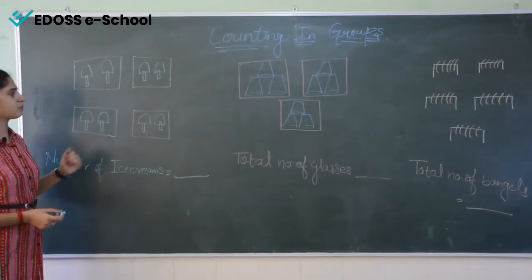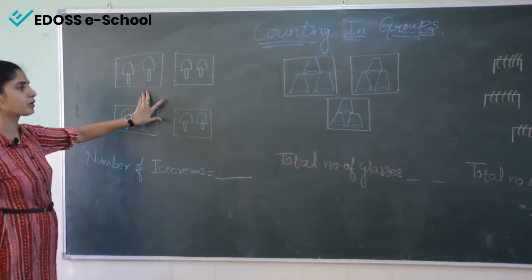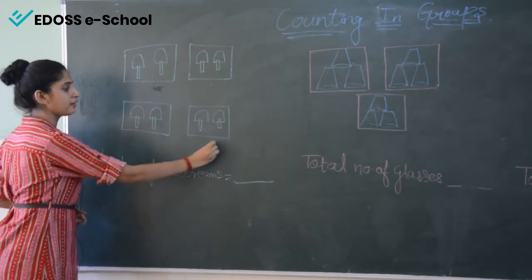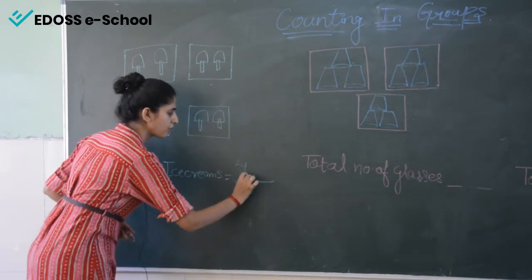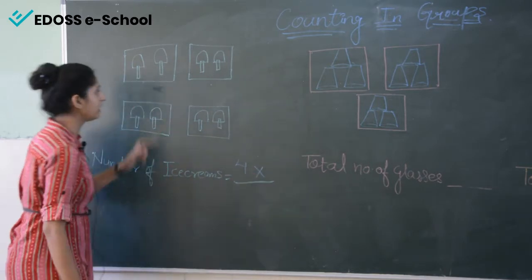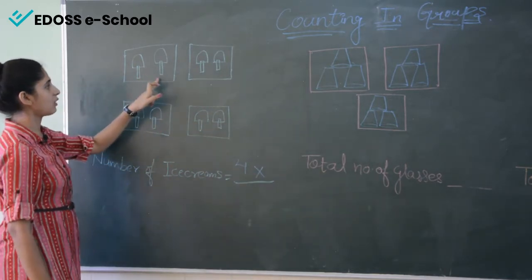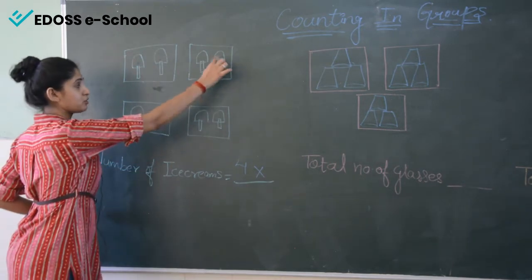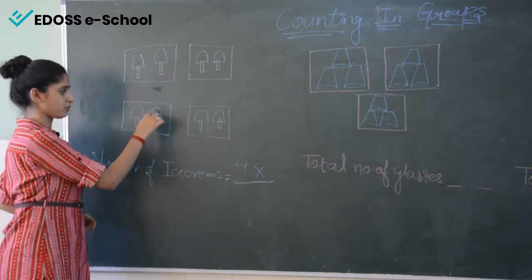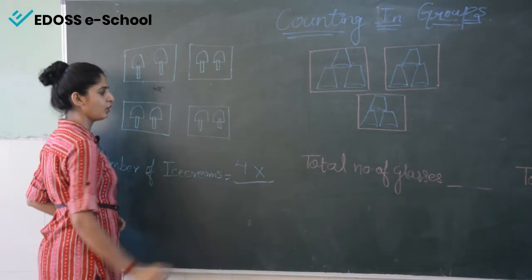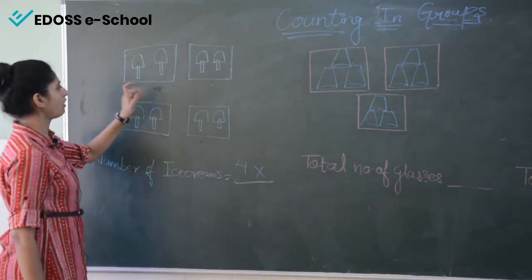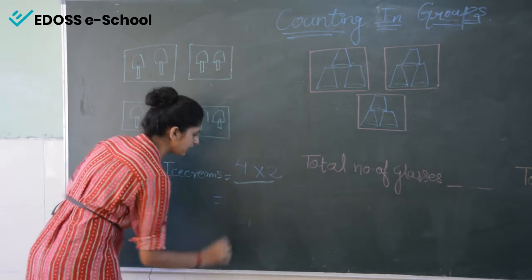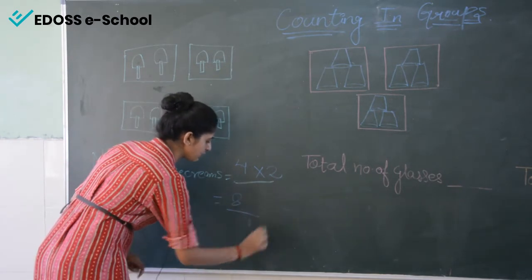Now look at some more examples. Now first count the number of groups. 1, 2, 3 and 4. So here are a total of 4 groups, multiplied by, let's count the number of objects in each group. 1, 2, then again 1, 2. Then in this group also 1, 2 ice creams are here and this fourth group also 2 ice creams are here. So in each group there are 2 objects, or you can say 2 ice creams. So 4 2s are 8. So we'll write 8 here.